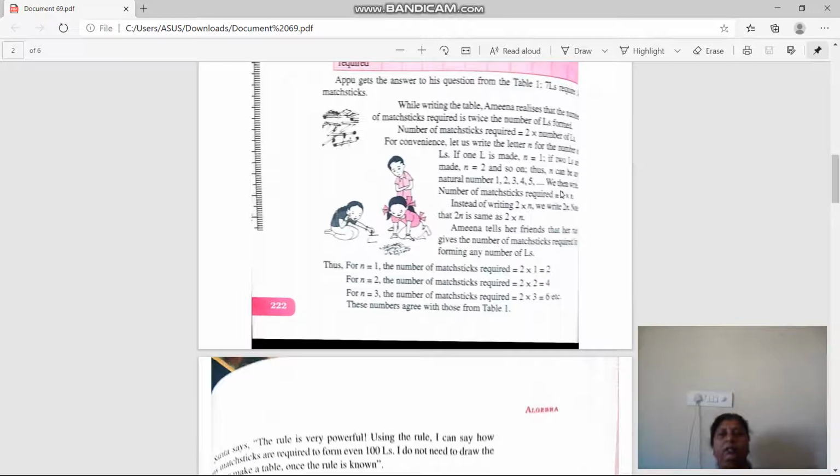We can write the number of matchsticks required as 2 into n. Instead of writing 2 into n, we can write 2n. Okay, 2n means also 2 multiplied by n. Then Amina tells her that